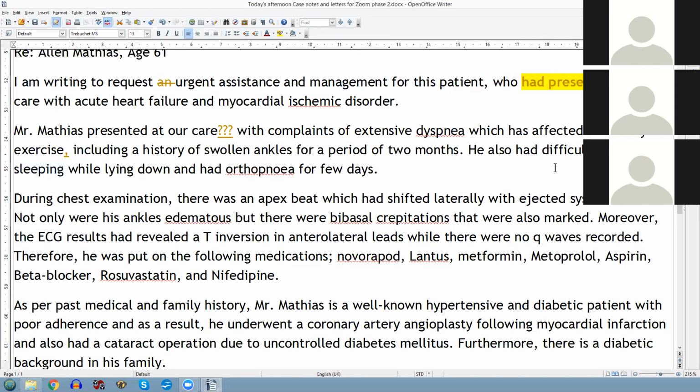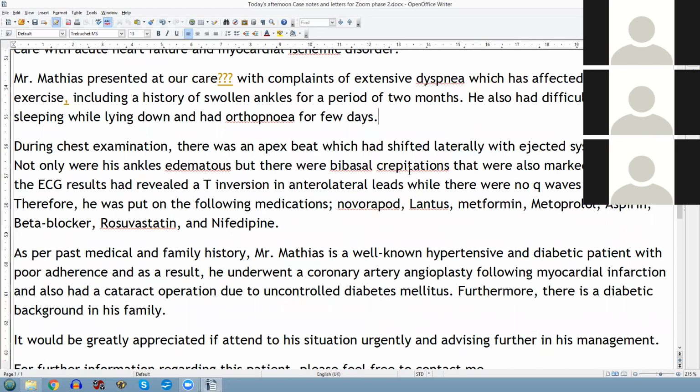If so, then we wouldn't use that. We would use present perfect or present simple. "He currently has." Okay, during chest examination, well, during his chest examination or the chest examination, because it's a particular